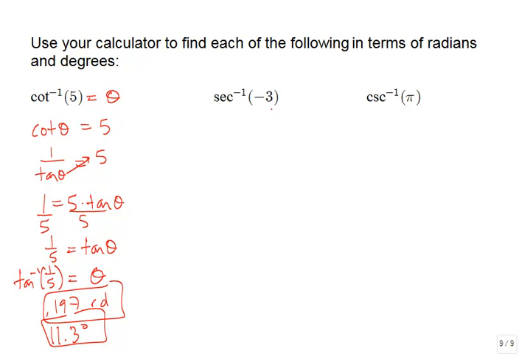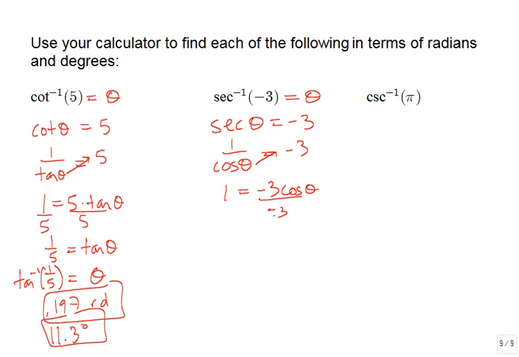Now for inverse secant of -3, we're going to do the same thing. This is an angle, so let's call it theta. So secant of theta is supposed to equal -3. Convert secant into its reciprocal, 1 over cosine. And then multiply that cosine across to the other side, divide through by -3, so -1/3 equals cosine of theta, and then to get theta, you would just do inverse cosine of -1/3. I'll leave it to you to type that into your calculator, but the 2 values that you'll get would be 1.91 radians,